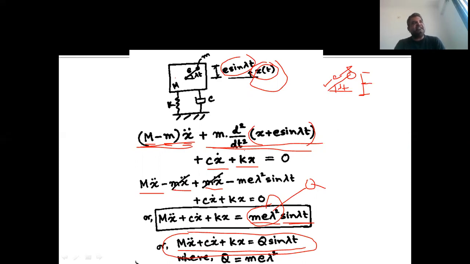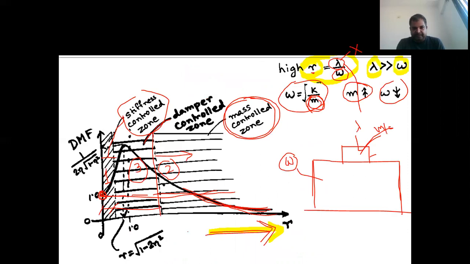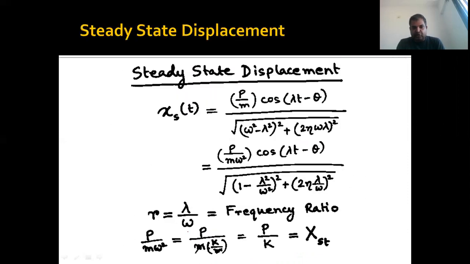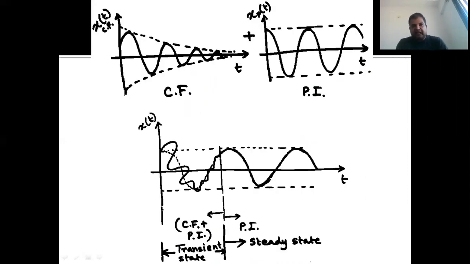Again, the complete solution is having two parts. One is the exponentially decreasing amplitude and other is the harmonic amplitude, which is a sine. If you combine it, again, you will get a curve like this. This whole process you need to do. If you draw the response till this particular thing, it is similar, right?